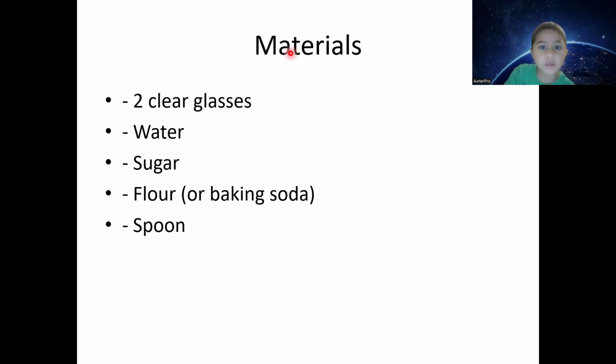So this is the materials we need to put. First, 2 clear glass, then add water in these glass and then sugar or flour. I can pick any of this. So I'll take sugar and I'll put it into the glass with a spoon right here. And then wait,